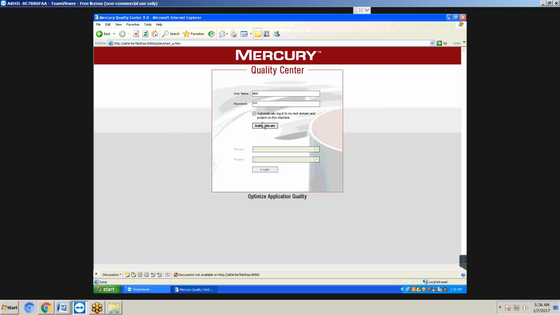You get the domain name and project name automatically. Insurance domain, Bajaj project. Click on login.